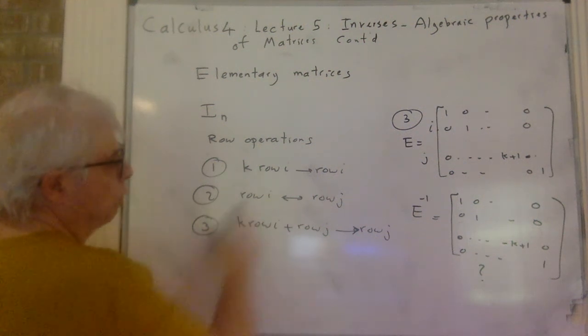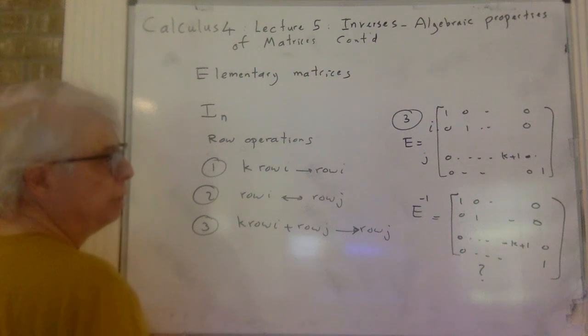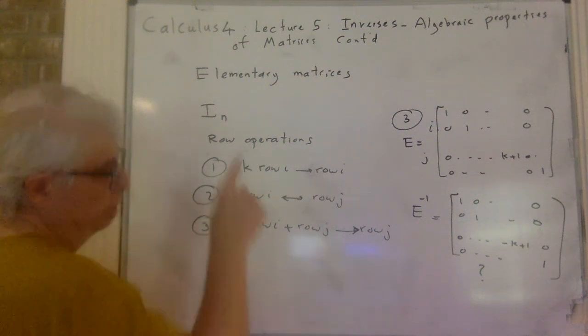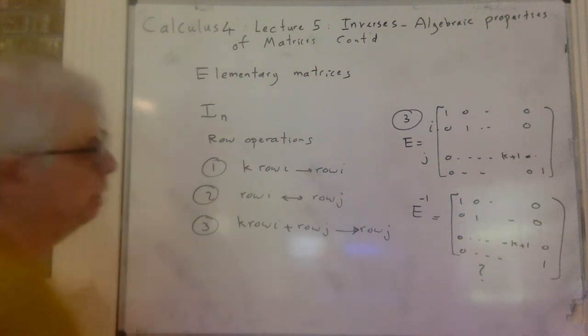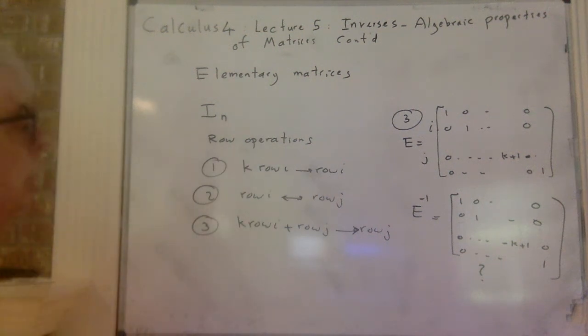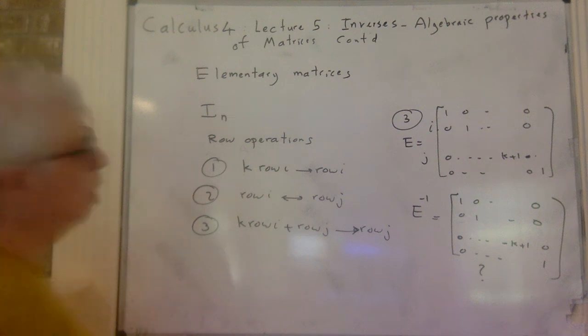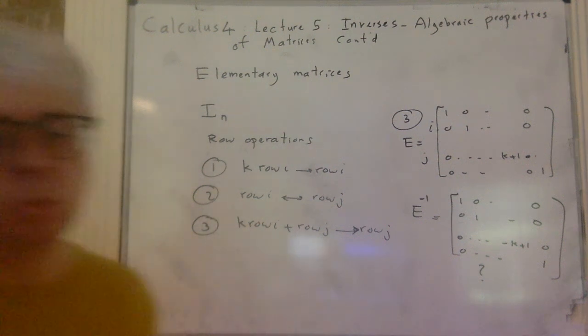So if I want to multiply a row of any n by n matrix by k, I multiply that by the first matrix, the E that I found, by multiplying row i by k. Now I will come back to this next time, just introduce elementary matrices, and we will see how these matrices work. Okay, so